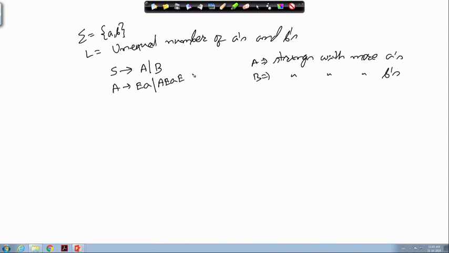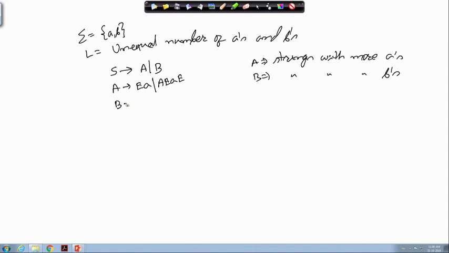Okay. So, it may be an equal number of A and B followed by A, that is, we have one more A here, or it has more A's than B's, then an equal number, then one more A, and then an equal number of A's and B's. So, one extra can come.